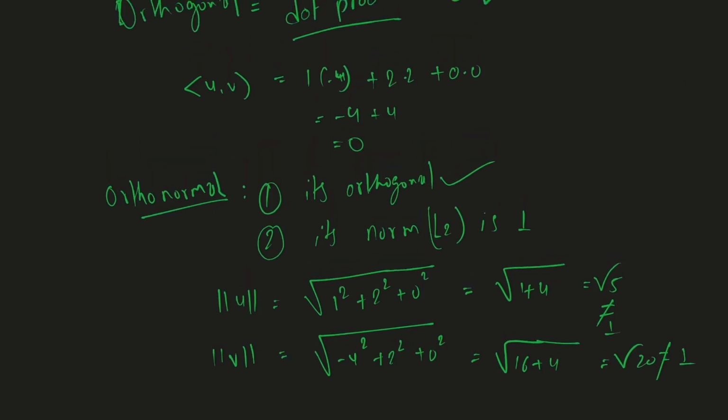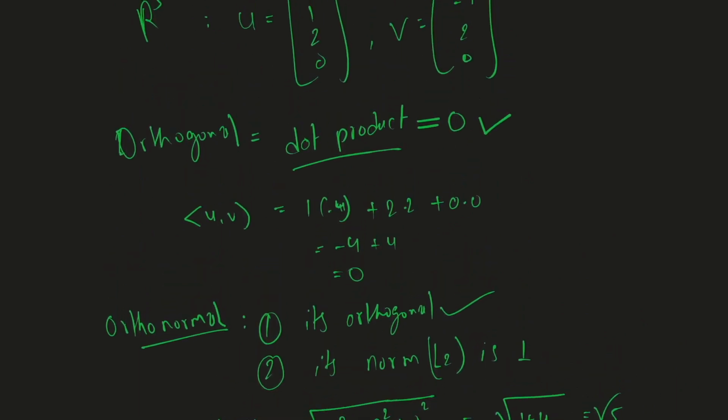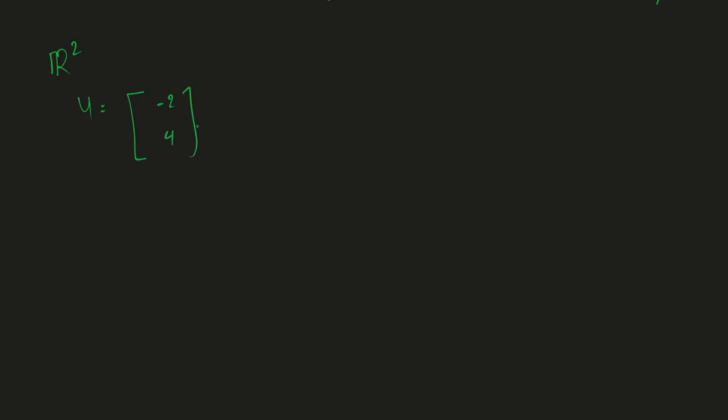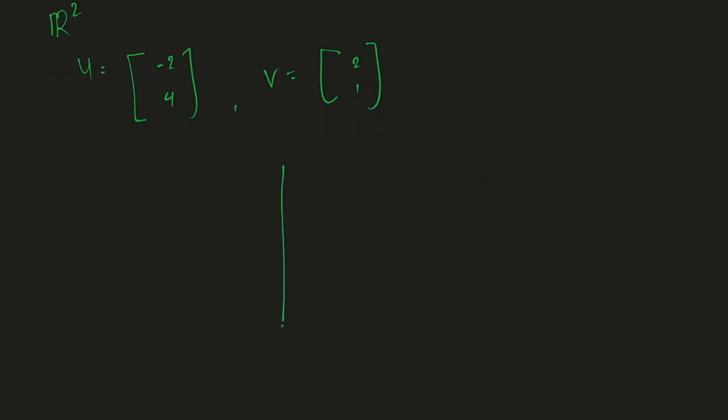Now for this orthogonal part, we could also plot them on the plane and see if they are perpendicular to each other or not. If they are perpendicular, they are going to be orthogonal. So for this, let's do an experiment. Let me create two vectors in dimension 2. Let's say I've got u of -2 and 4, and v is going to be, let's say, 2 and 1. And let me draw this 2D plane